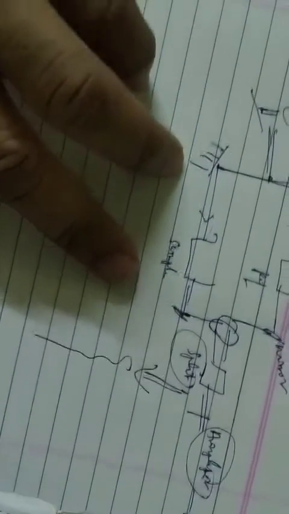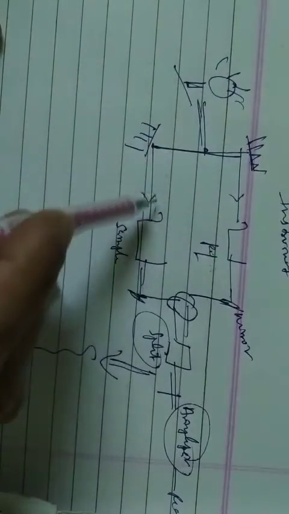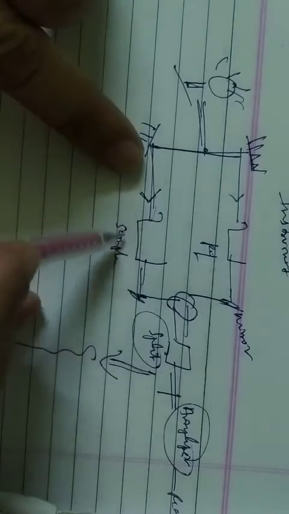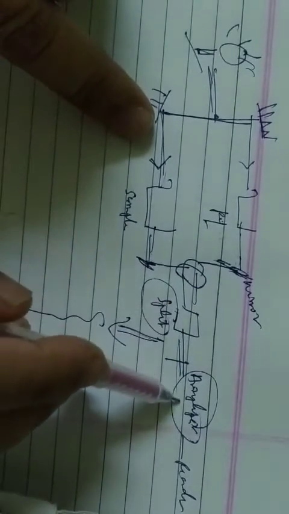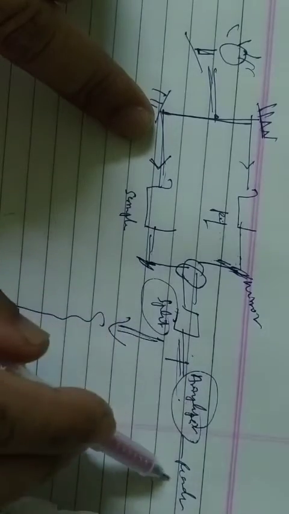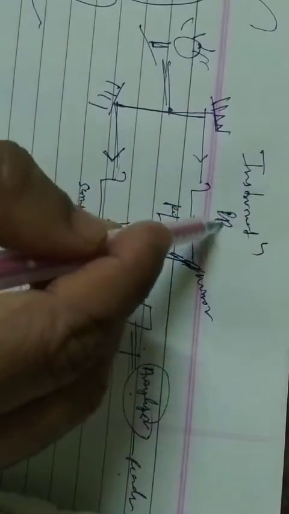This is how you can show the instrumentation part. The radiation comes here, splitting happens, some of the radiation goes here, then to the prism monochromator, and here it is amplified, detected and recorded. This is how you can show a small representation, the instrumentation flow chart for IR spectroscopy.